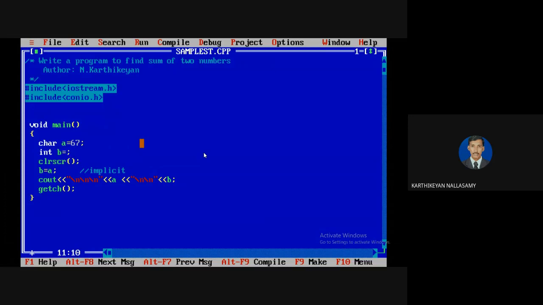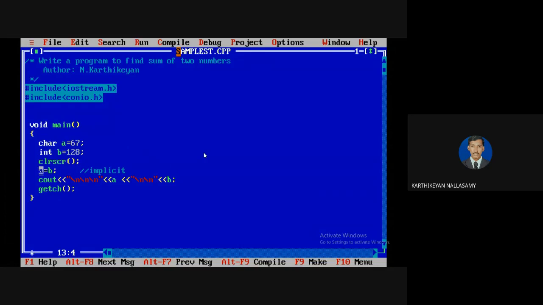For example, I'm going to say, sorry, 128. If I want to store from A to B, here that memory of B, the data type of B is an integer, and the A data type is character. The size for integer is 2 bytes and the size for character is only 1 byte. So if you are converting from 2 bytes into 1 byte, automatically a loss of information is possible. Because if you are trying to store 16 bits of information into 8 bits, a loss of information is always possible.